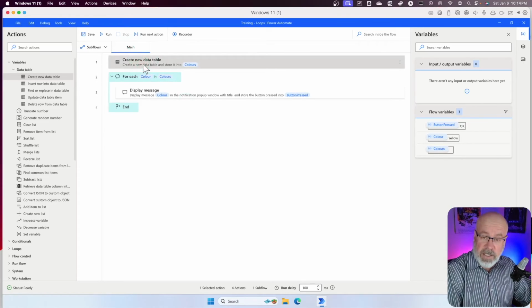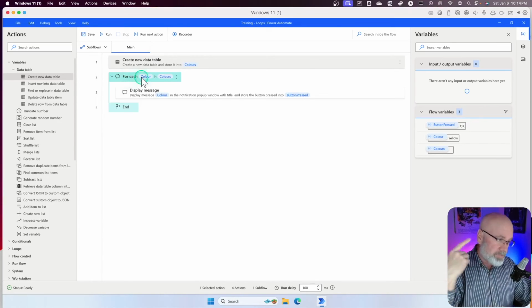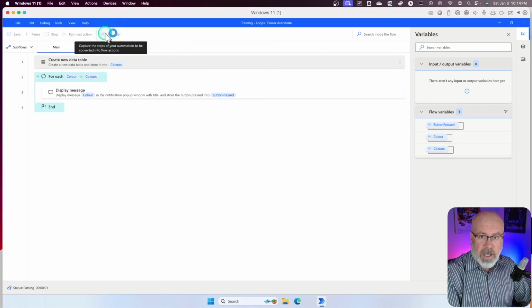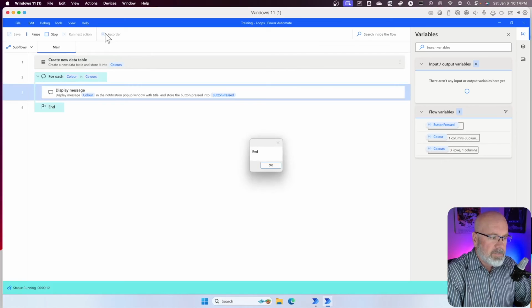Now, instead of using a list, we're using a data table. I just happen to be calling it the same variable name as in my previous example. My data table is called colors. Everything is exactly the same as before though. It's going to go through each one of the rows in my data table, and then it's going to specify the color for each one of the elements. So now when I hit run, it's going to display a dialog box, again, with the colors that I've specified: red, green, and blue. So there's the first one, green,